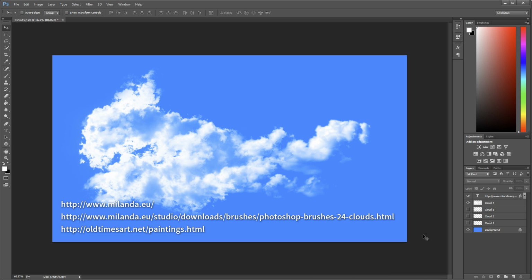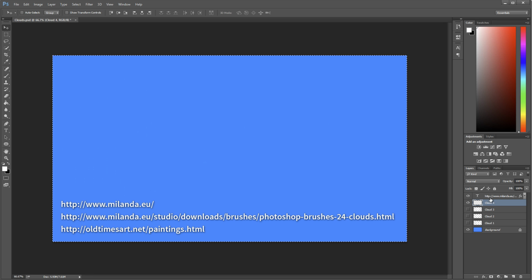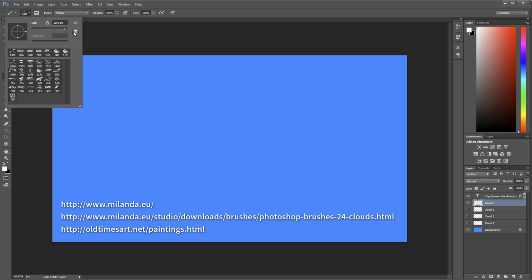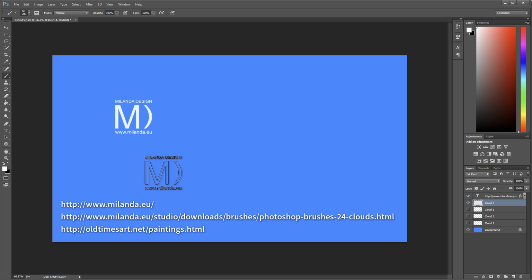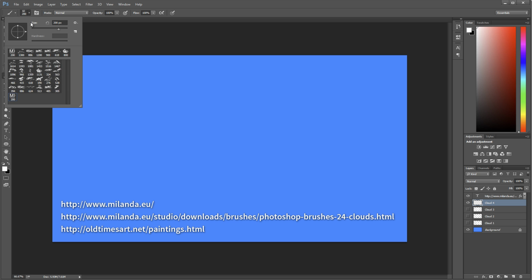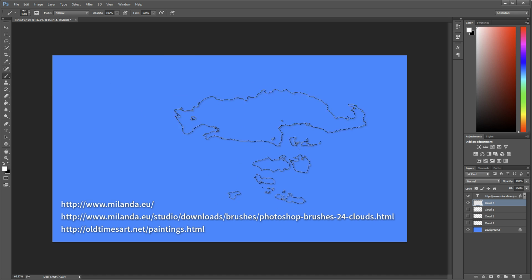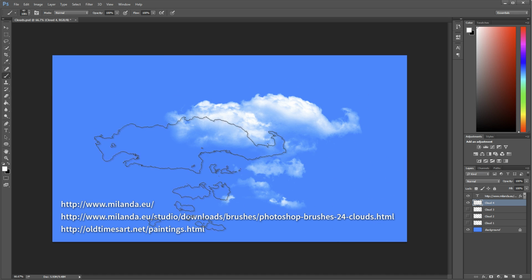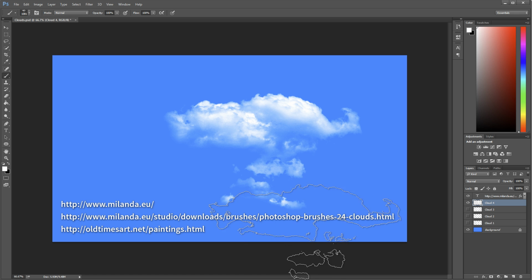But let me show you how the brushes work. Let's take Cloud 4 here. I'm going to select all and just delete that. We'll start with the brush tool, and I already have the brushes loaded here. You can see the last brush here is this, so you can see that's part of the collection. Basically what you want to do is take any of these brushes and just click one time to paint that brush, and at that point